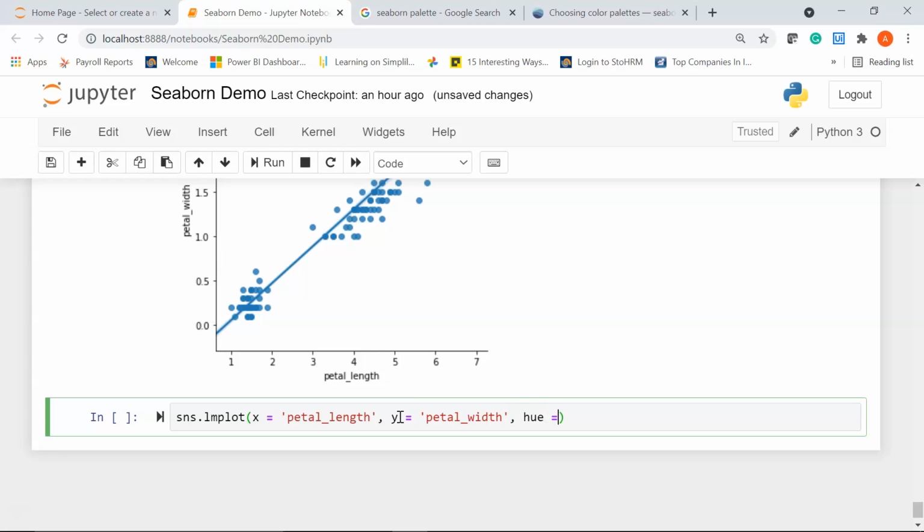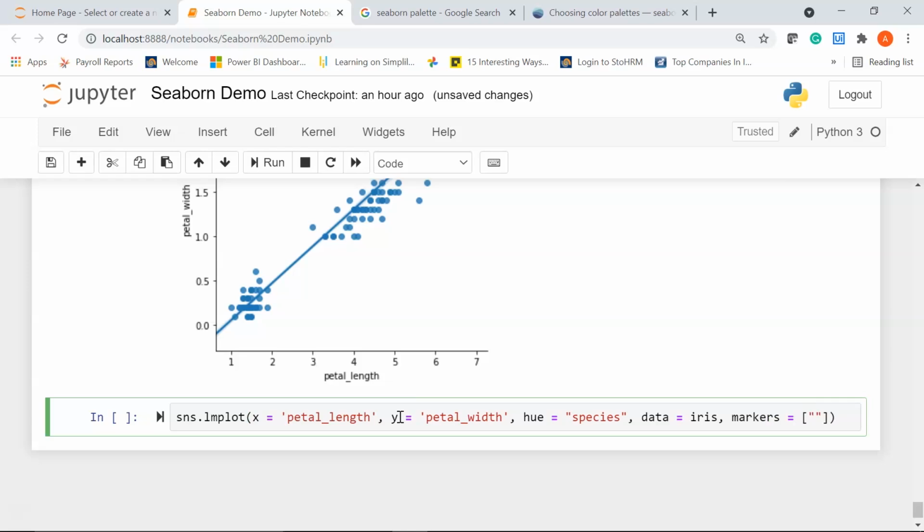Then I'm going to pass the hue parameter. In hue, I'll say my column as species. Then I'll give data equal to my dataset name, that is iris. And now you can pass in the markers argument to differentiate the different types of flowers.